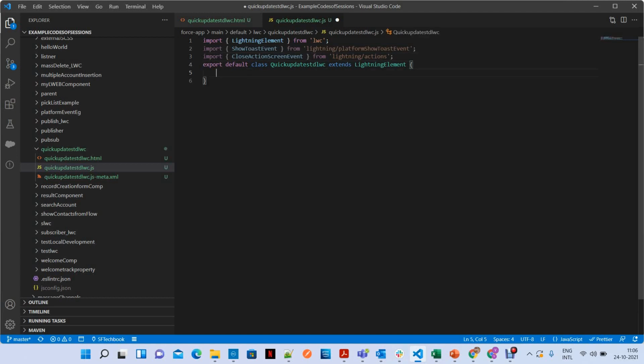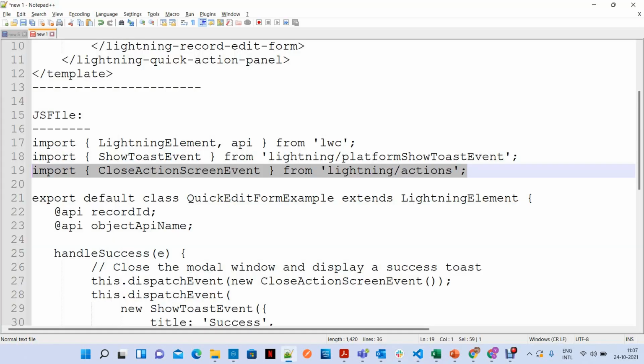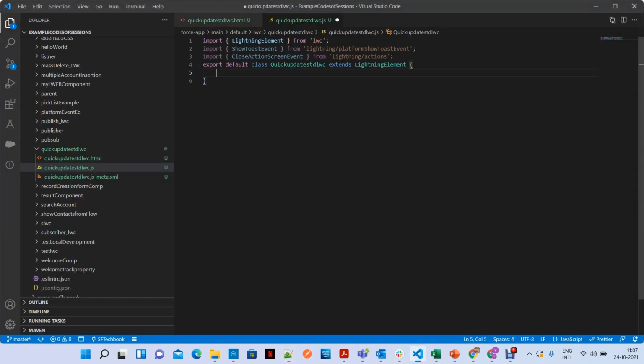Now, to get the current record ID into your Lightning web component, you have to define a variable called recordId with the API decorator, and objectApiName. When you define any variable with a decorator, before using it you have to import the decorator from the LWC module.